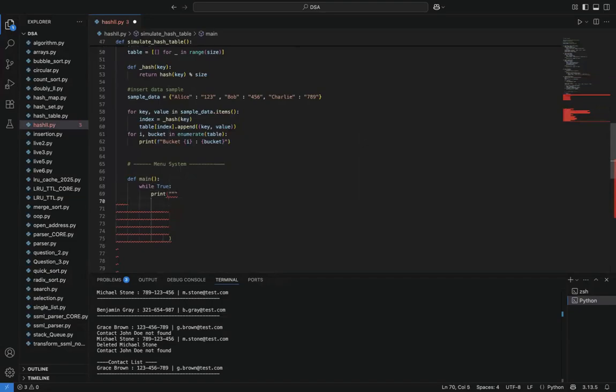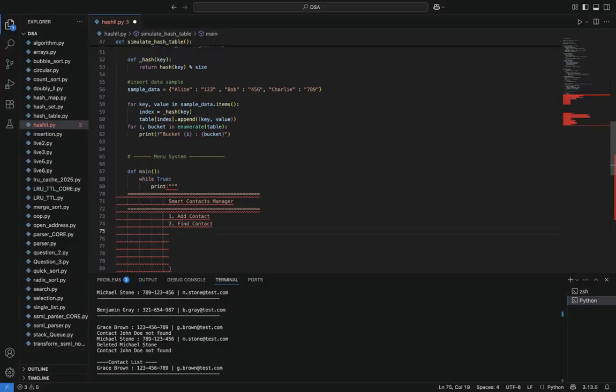Let's say I will do a heading like this, and I'll write Smart Contact Manager, and I'll underline it like this, like a heading. And then let me write something like 1, add contact, 2, find contact,